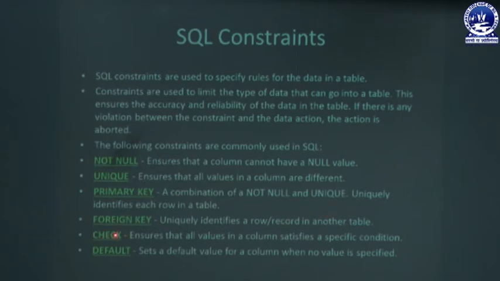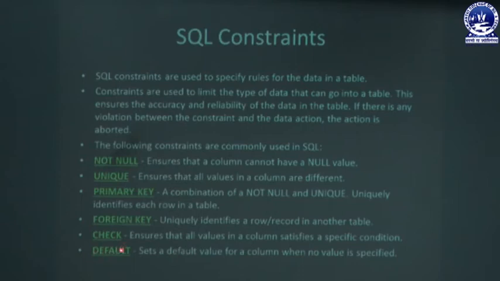Then next is your check constraint, which ensures that all values in a column satisfy specific conditions. In a student table, we may provide a check constraint on the mark attribute, that is, mark is greater than 30. Each time the user provides the mark attribute value, it will check that the marks should be greater than 30. In this way, we specify a check constraint, and we will briefly discuss all these constraints with the syntax of creation of table, that is the create command.